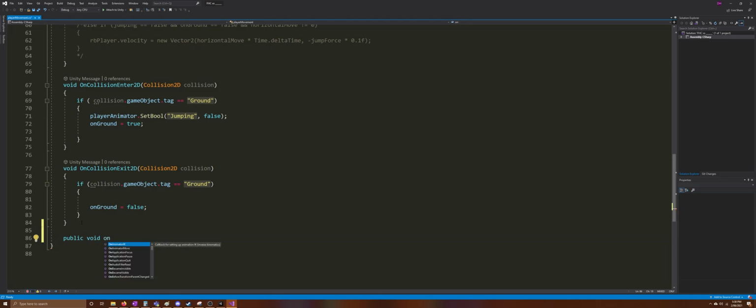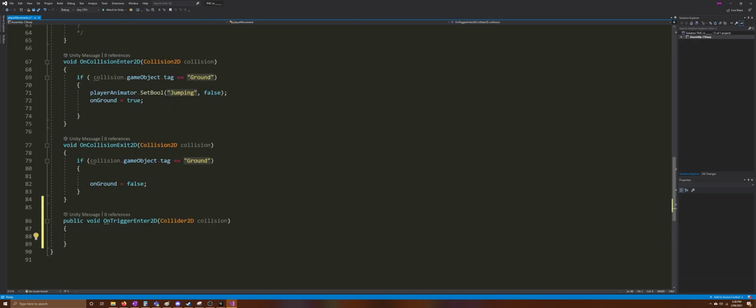We're going to do this on trigger enter 2D. Okay, so we're making a new one, which is an on trigger enter. Let's start with a simple debug dot log, and we're gonna say